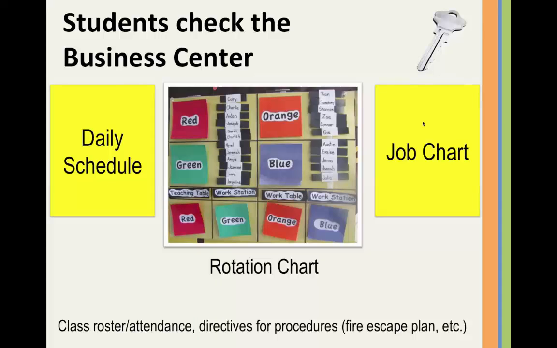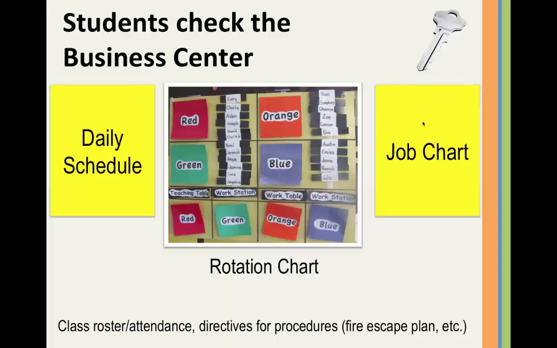Now, how does this help students? They come in, they put away their things, they check the business center, and they sign their name on this chart, which I'll explain more in just a moment how it works. And by signing their name and seeing what group they are assigned to, whatever color, this one happens to be a second grade chart out of California, then looking at the bottom, there are activities. A student can predict exactly what will happen to them that day.